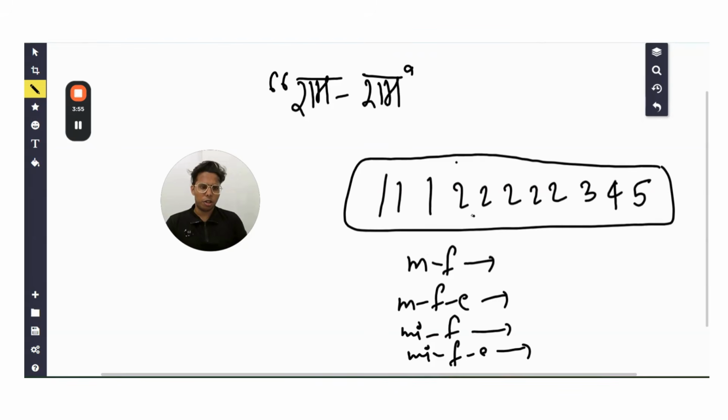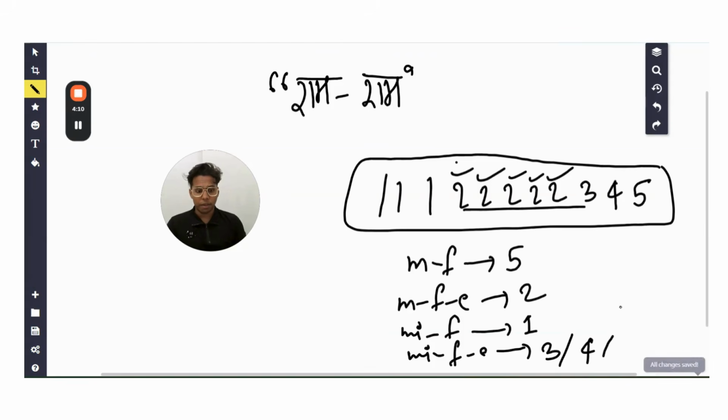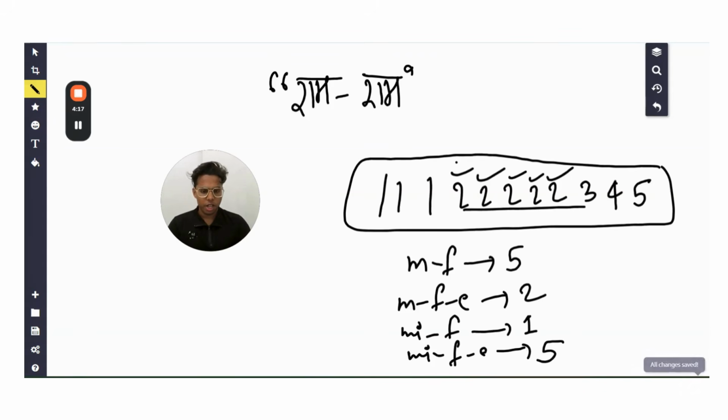Maximum frequency is what? 2 now? 1, 2, 3, 4, 5. What is the minimum frequency? One time a number is coming. What is the maximum frequency element? 2. What is the minimum frequency element? You can either write 3 or 4 or 5. All of them are coming for one time. So you can write 3 as the answer or 4 or 5, it does not matter. So what you will do is that when you are calculating the count,